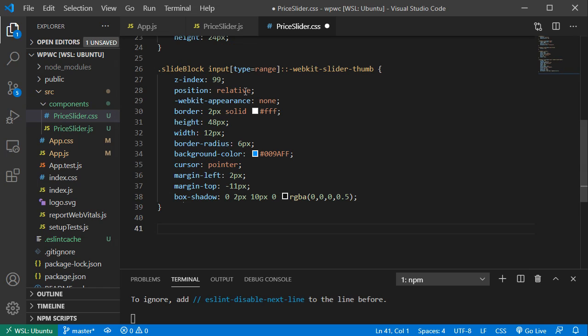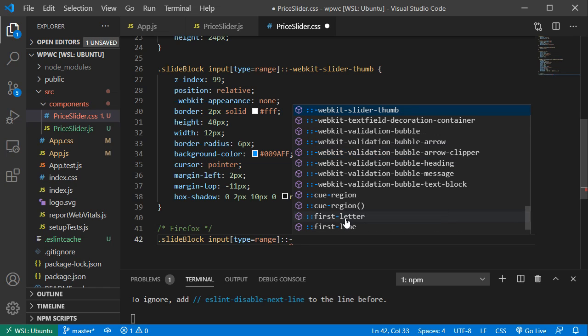is gonna be styling for the thumb, but for the Firefox. So I'm just gonna leave a comment here, and I will say Firefox. And the Firefox is a little different. I'm gonna copy this stuff from here, except now I won't have WebKit slider thumb, but I will have moz range thumb. So